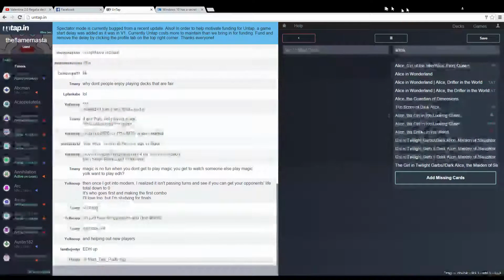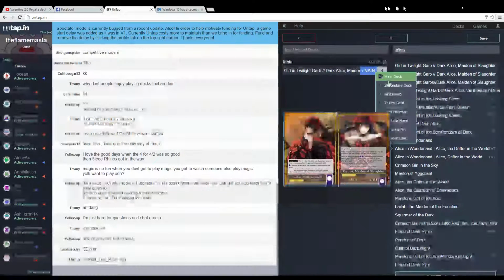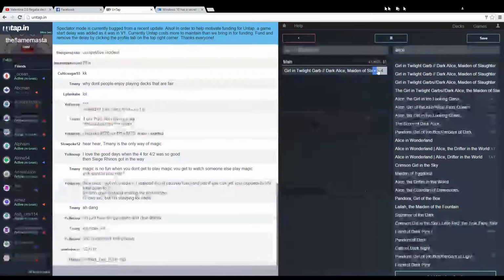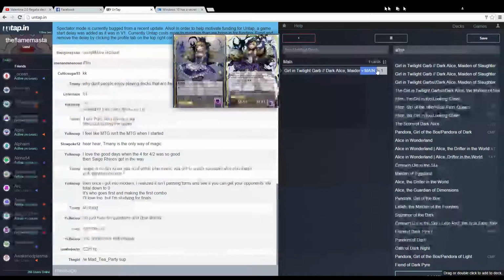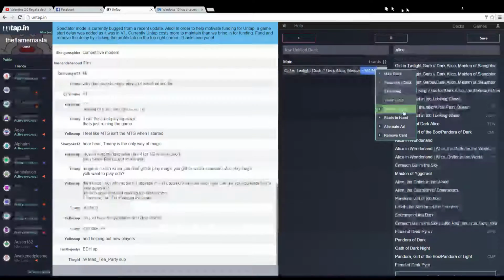So you just type in Alice. All the cards that come up with Alice are available. You click on it, it'll add 4 copies. So what you want to do is change it to 1 copy. Go on the main tab and change it to start in opening,